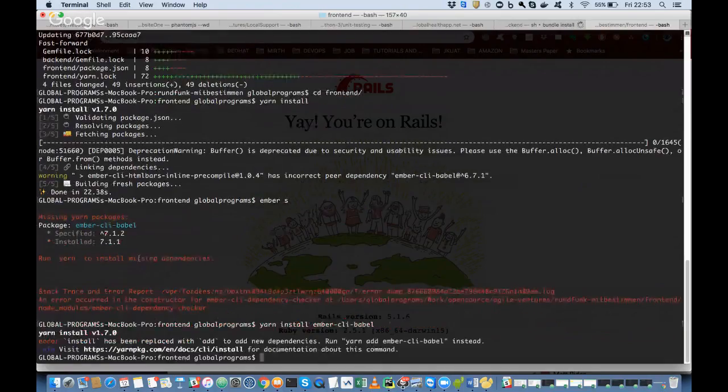I think with yarn it's not install, I think it's add. And I don't know if you need to add it to the dev dependencies. It depends if this Ember CLI Babel is a dev dependency or not. You might want to look at the yarn.lock or the package.json and see where it is, because that way you know where to add it.